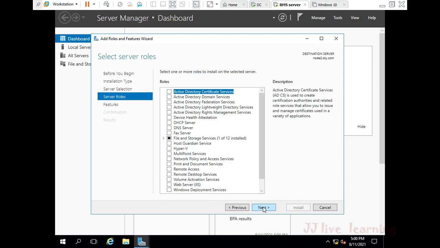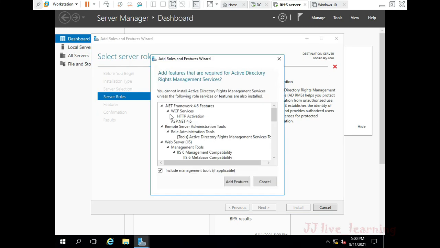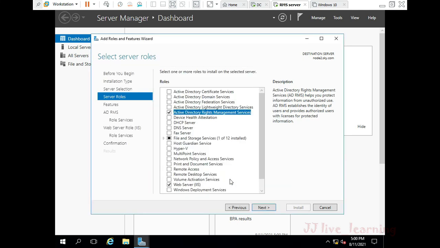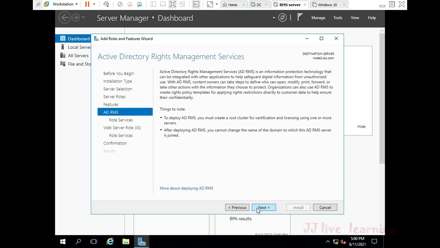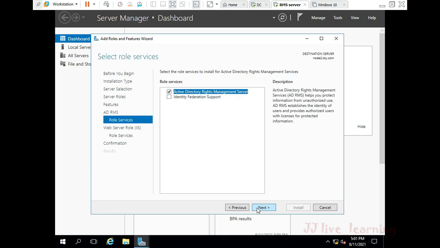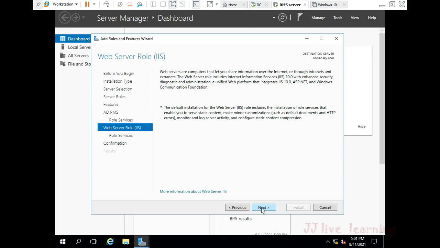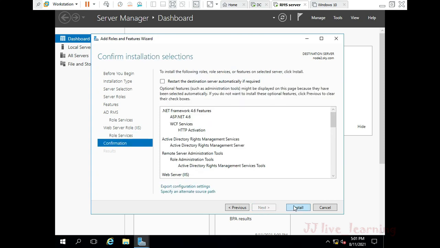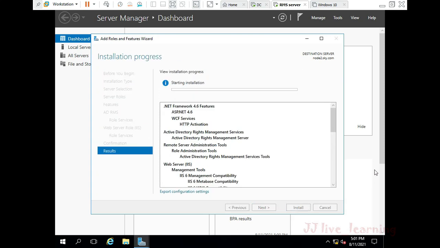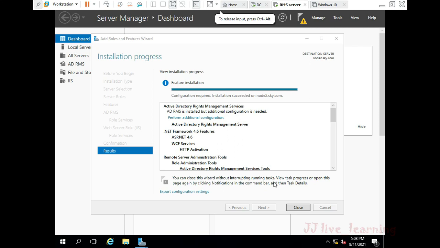Node2.sky.com is your member server, that is the ADRMS server, and we are going to enable the service Active Directory Rights Management Service. You have to enable the dependency features as well as roles. Activate your ADRMS service. The dependency role, the main role, is IAS, and everything will be installed now. So the installation will be completed successfully.